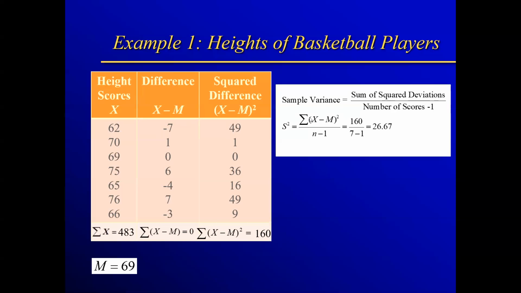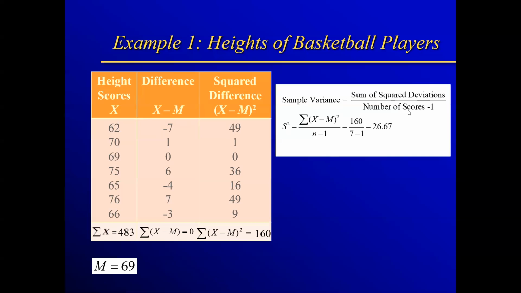So I throw it into our formula. Actually, going back, what I just did is this numerator. I just did the top portion, right? I found x, we have all the x's. I found the difference, x minus m. I square them, x minus m squared, so that is that. Now I just got to add them all up. We got 160